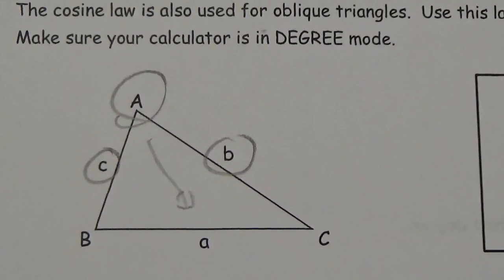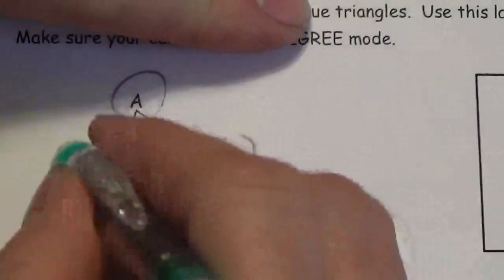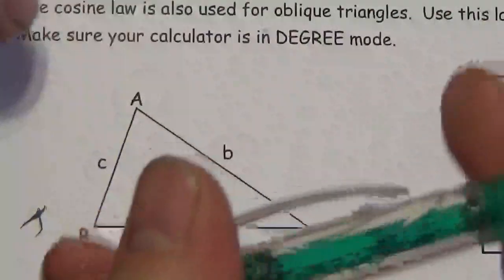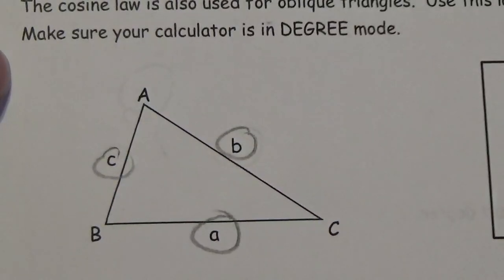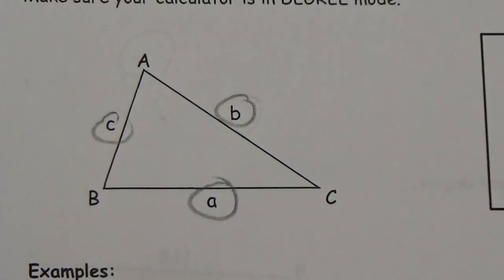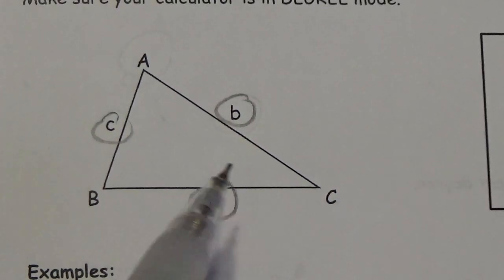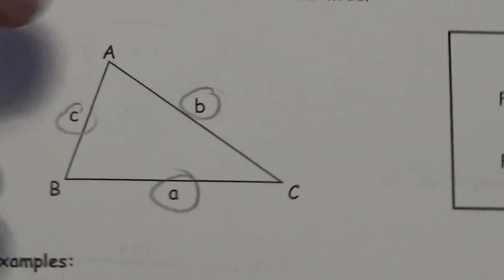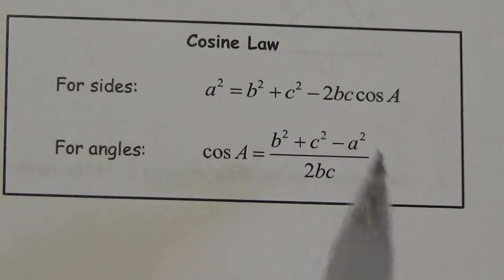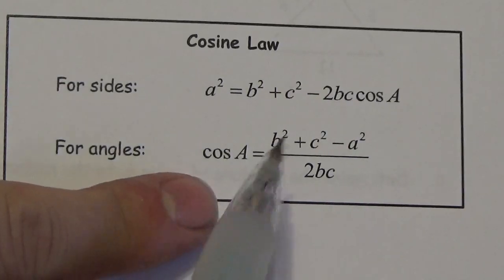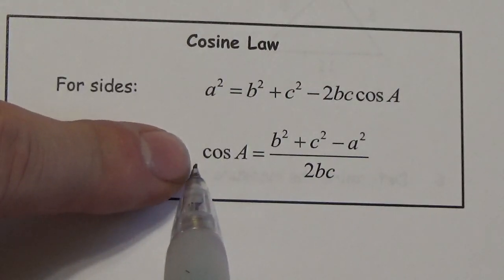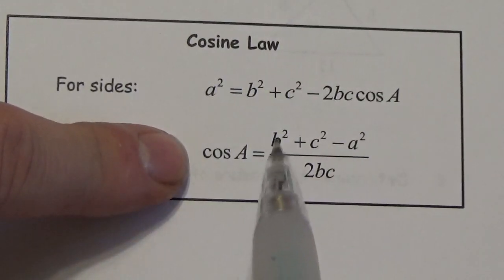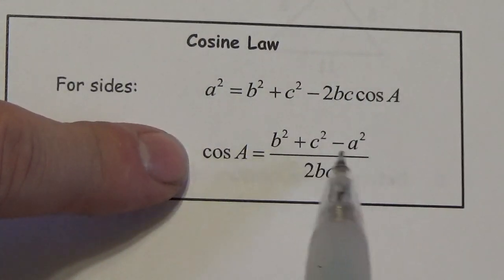Now, that's not the only way that you can use the cosine law. Another situation where the cosine law will work is if instead of having an angle and the two sides adjacent to it, what if you had just all three sides? If you've got all three sides, could you use the sine law? Well, no, because you need an angle and a side. But you can use this version of the cosine law to figure out the angle that you're missing. So for example, if I wanted to know the angle A, first of all, I can get the cosine of that angle by going side b squared plus side c squared minus a